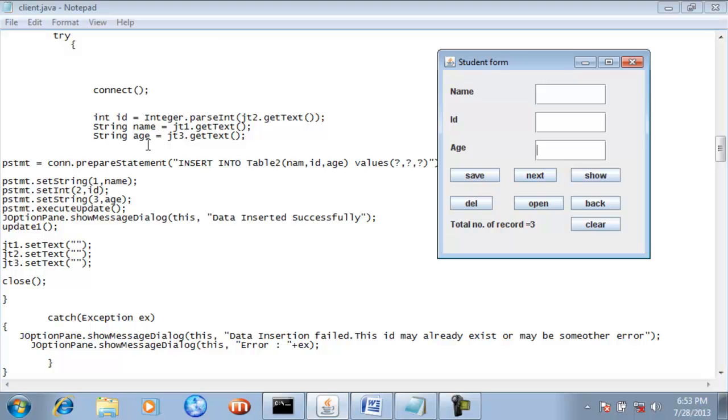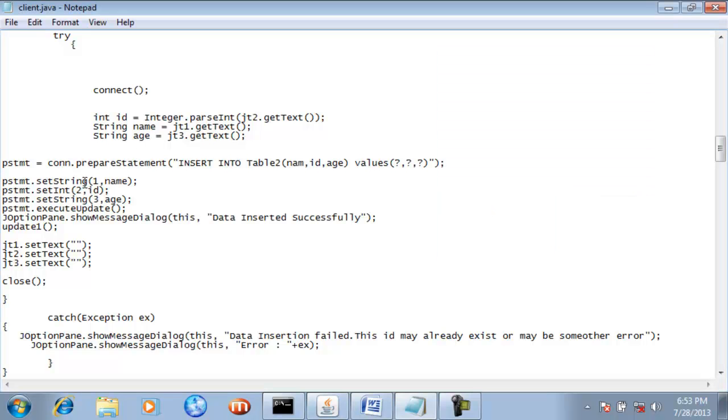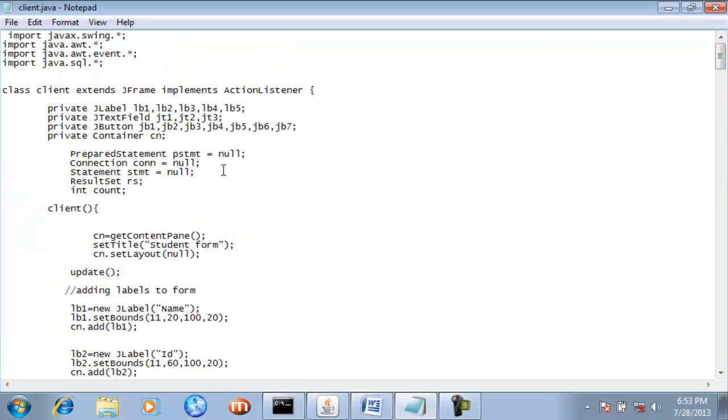Now what we have done is create an object, PST_empty. This object is of the class named PreparedStatement. Here you can see we have created an object reference variable PST_empty of the PreparedStatement class.